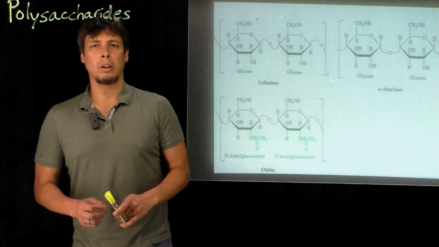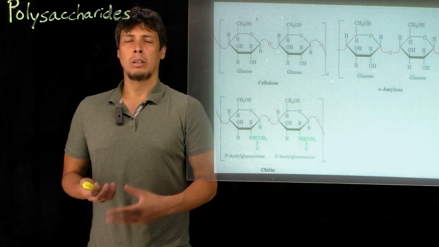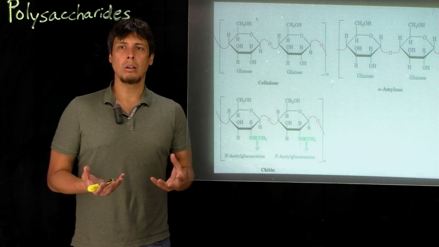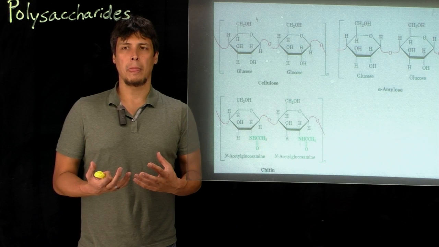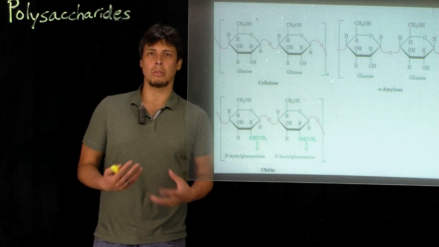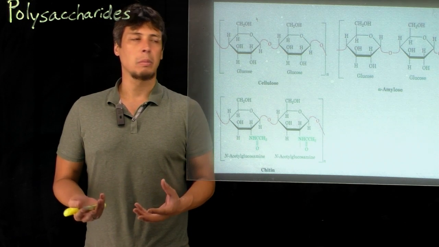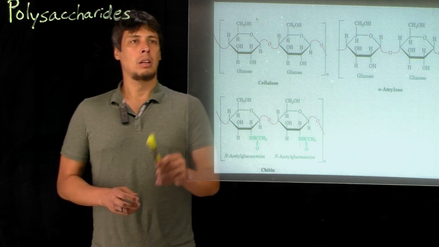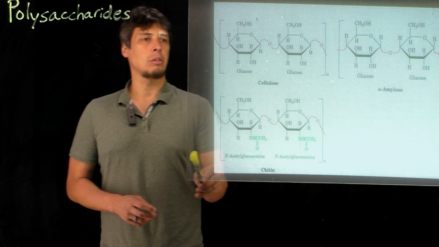Okay, and we've gone from discussing simple sugars, which are known as monosaccharides, to disaccharides, to now polysaccharides, where we can make very long chains of sugars. And these are really useful in biology as either structural components for cell walls or for energy storage or a number of other things. And so, for instance, we have the repeating units for three polysaccharides shown here on the